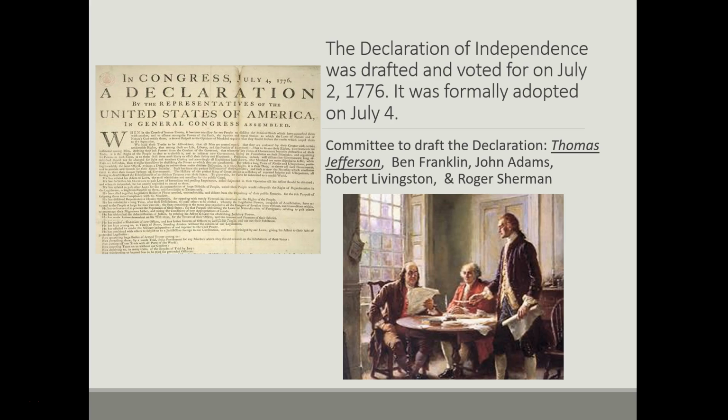history of America. I am apt to believe that it will be celebrated by succeeding generations as the great anniversary festival. It ought to be commemorated as the day of deliverance by solemn acts of devotion to God Almighty. It ought to be solemnized with pomp and parade, with shows and games and sports, guns, bells, bonfires, and illumination from one end of this continent to the other from this time forward forevermore,"